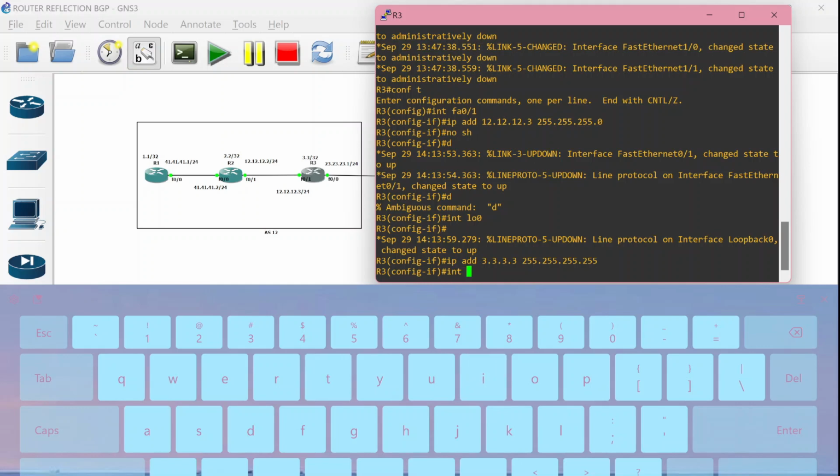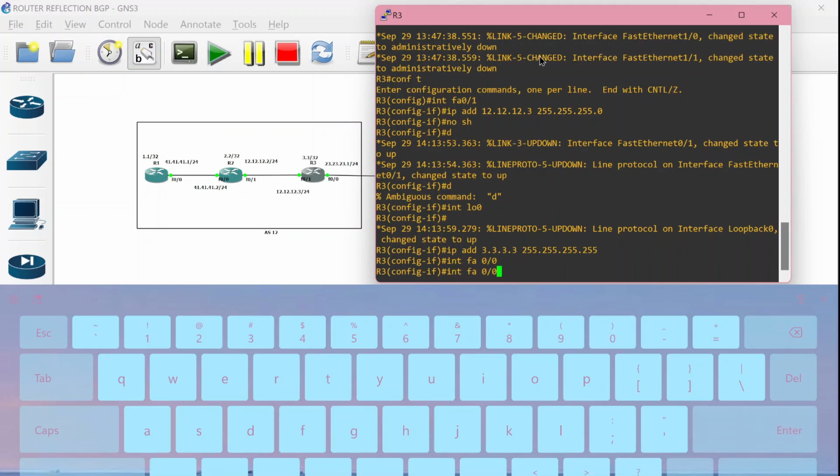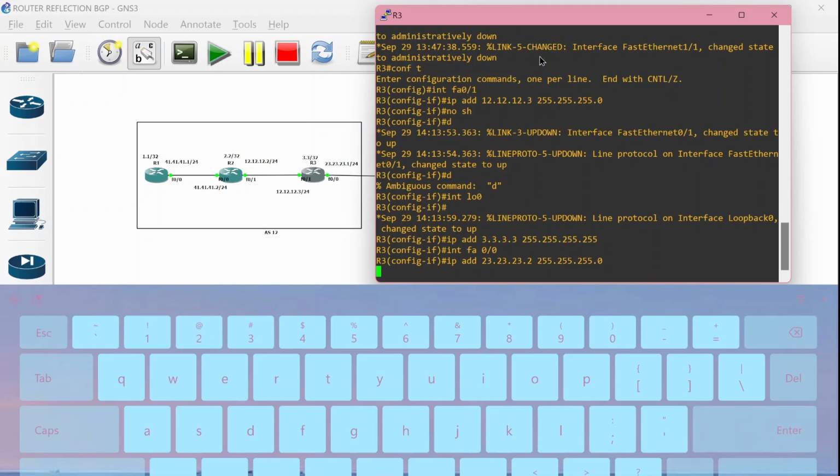Since I wanted to enter the IP that connects to router number 4.